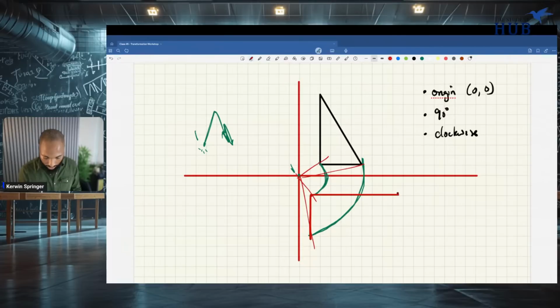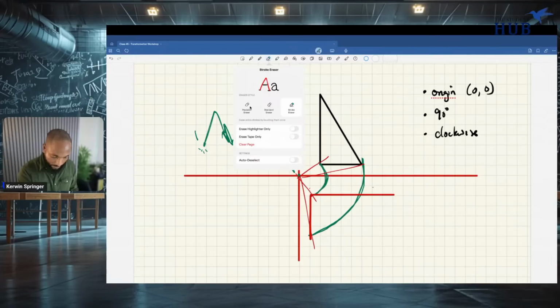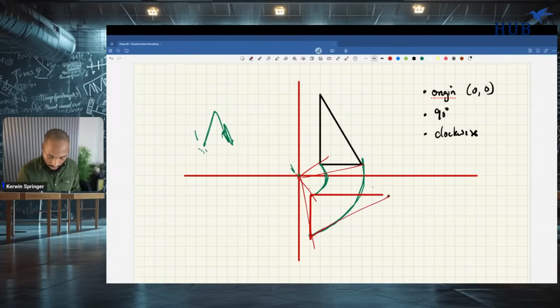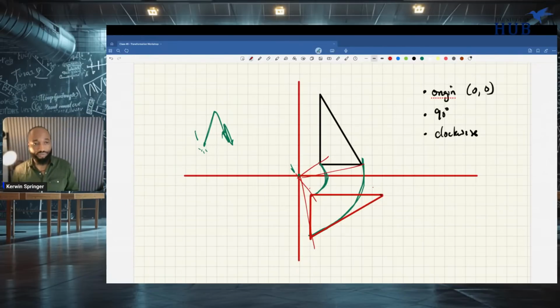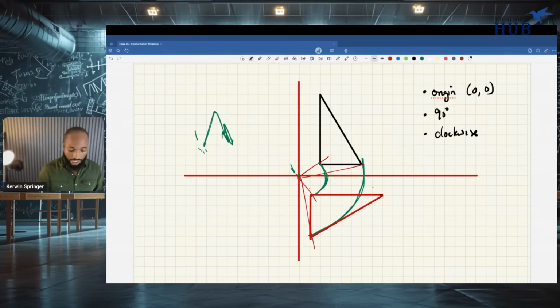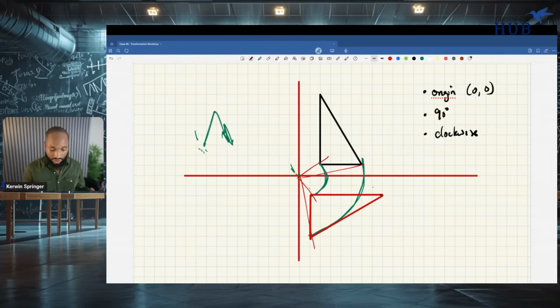This will go up somewhere up there. So, you know. Let's see. 1, 2, 3, 4, 5, 6, 7, 8. 1, 2, 3, 4, 5, 6, 7, 8. And stop right there. And that's your reflection. So that's how you would do the reflection if you have to construct it.